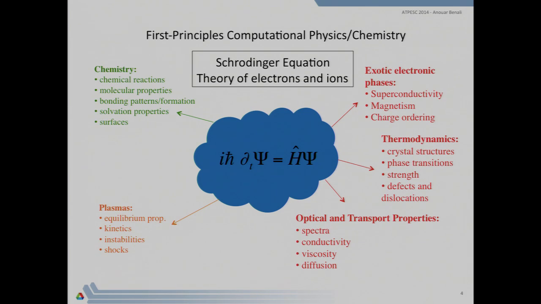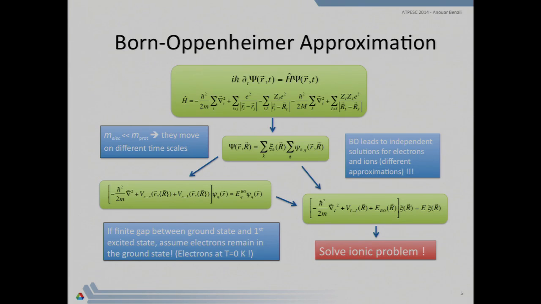Generally, solving this equation allows us to solve problems in chemistry, in electronic phases, for superconductivity or magnetism, thermodynamics, optical and transport properties, and for plasma physics. All this can be solved by solving the Schrödinger equation. Of course, when we develop this Schrödinger equation, it gives us the Hamiltonian operator that we apply on the wave function, with terms of kinetic energy, interactions between electrons, interaction between electrons and ions, kinetic energy for the ions themselves,